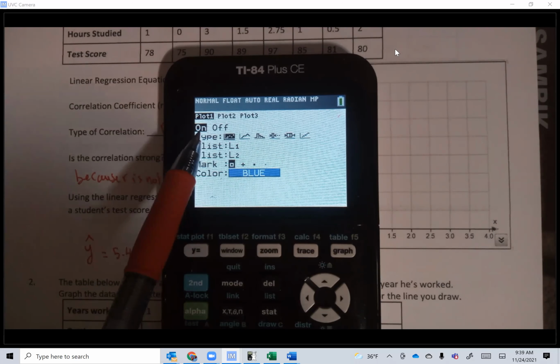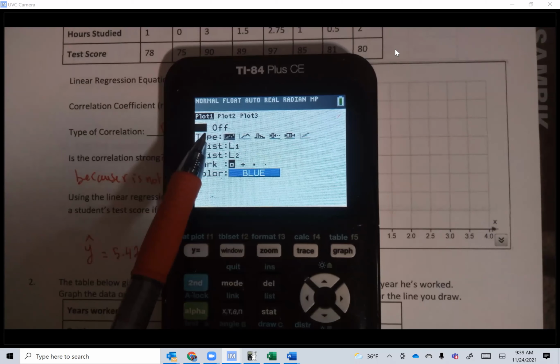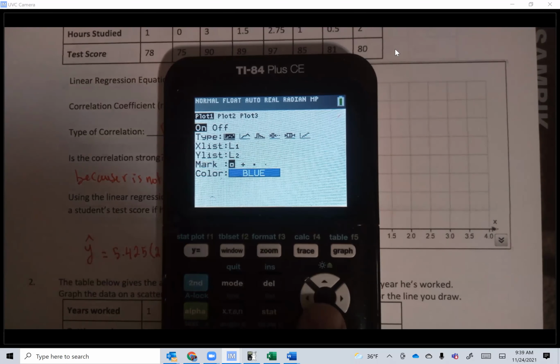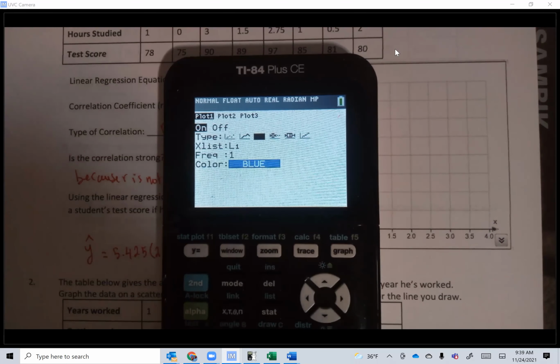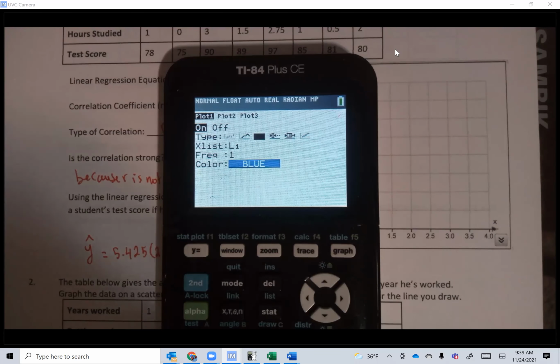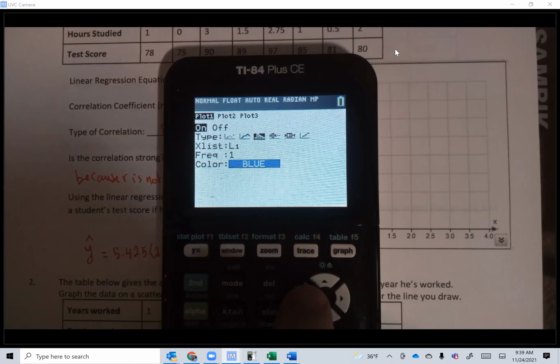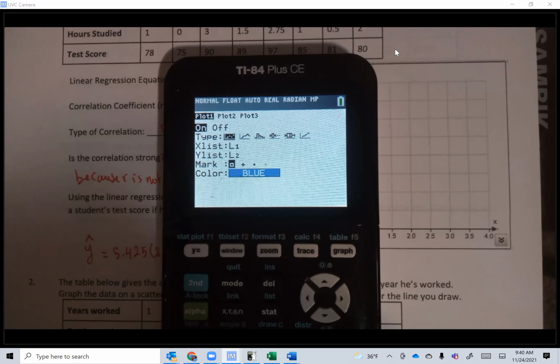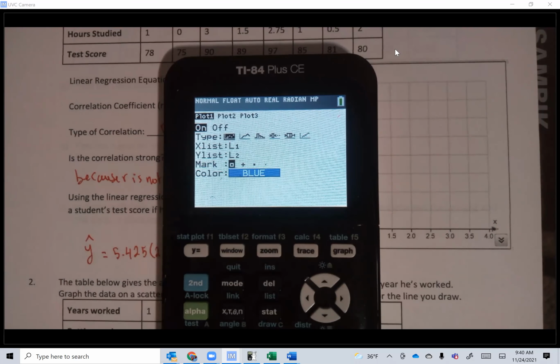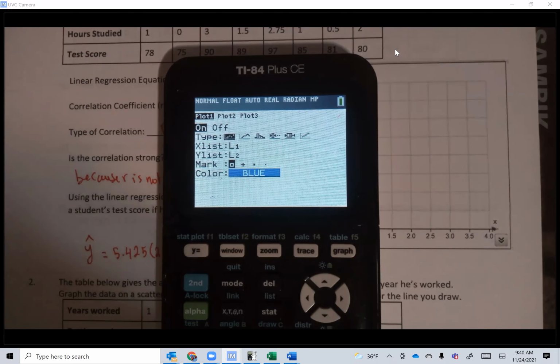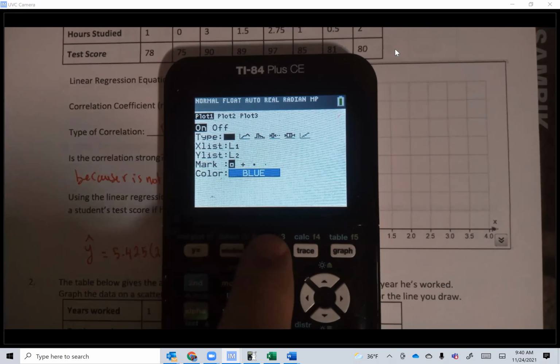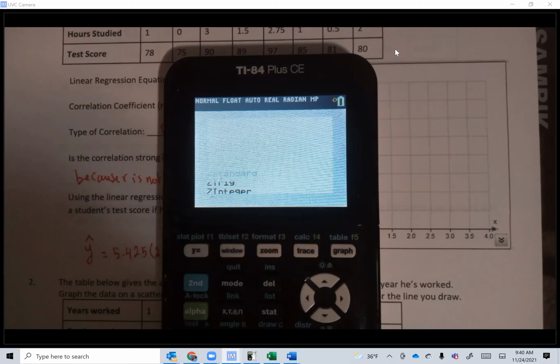And then make sure that on is selected right here, and then type is selected right here. For example, let's say you have this from before, guys. That doesn't work. You have to scroll here. Look, and press enter. Anytime you select something, you just press enter. Just like in Word, you have to press enter to move to the next action. And same thing here. Once you're done with this, press zoom and then number 9, and you can see